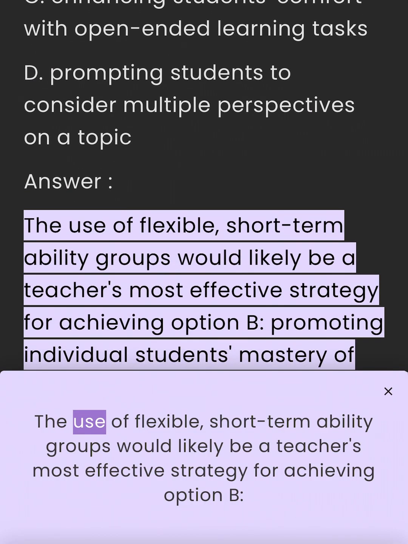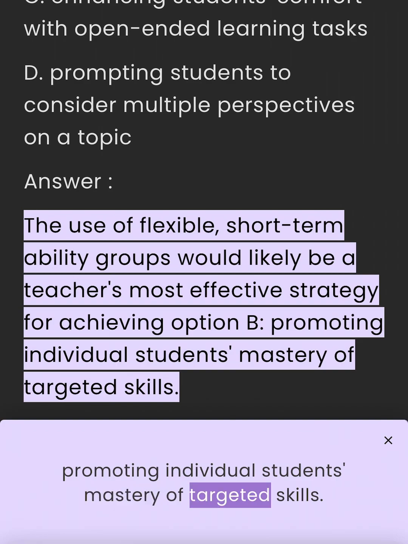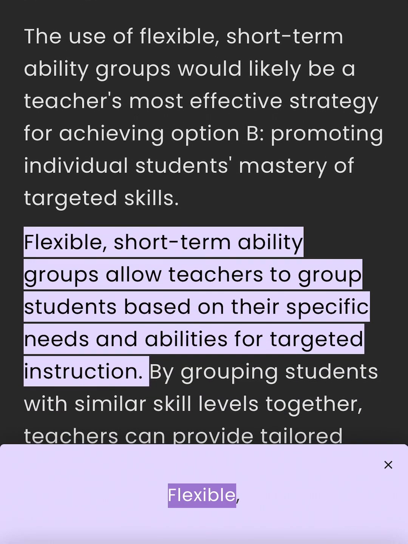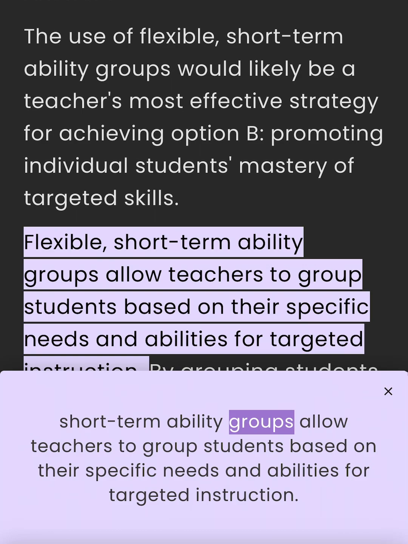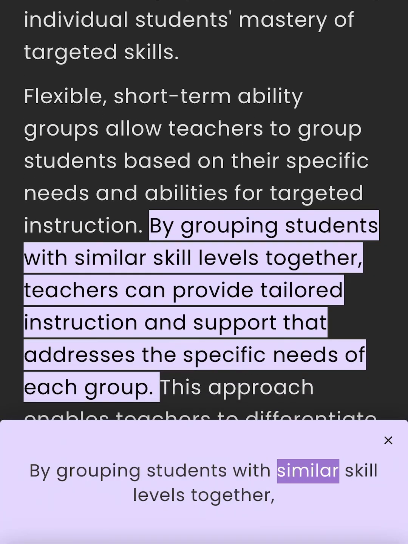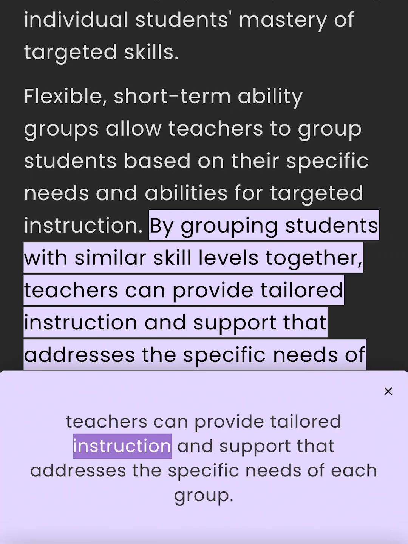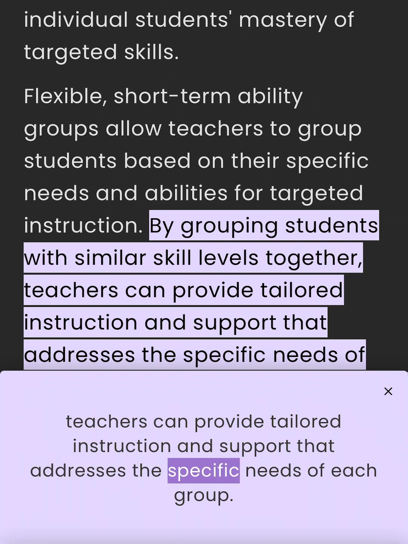Answer. The use of flexible, short-term ability groups would likely be a teacher's most effective strategy for achieving option B, promoting individual students' mastery of targeted skills. Flexible, short-term ability groups allow teachers to group students based on their specific needs and abilities for targeted instruction. By grouping students with similar skill levels together, teachers can provide tailored instruction and support that addresses the specific needs